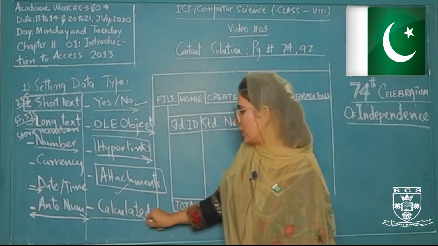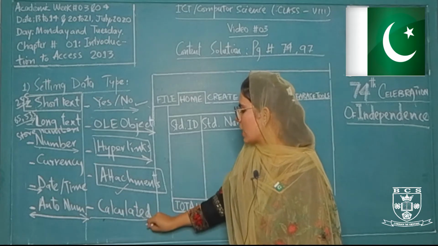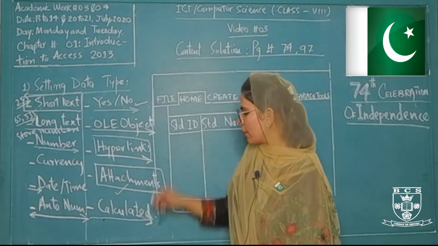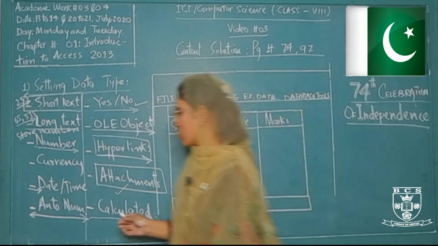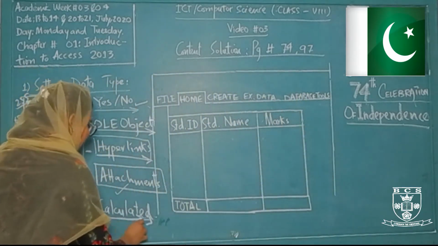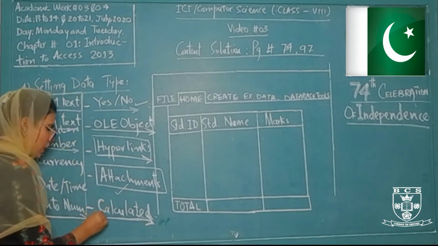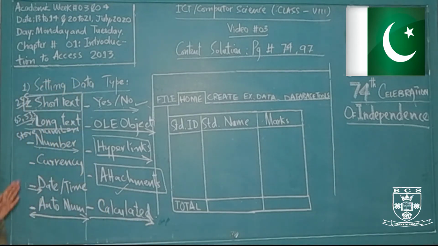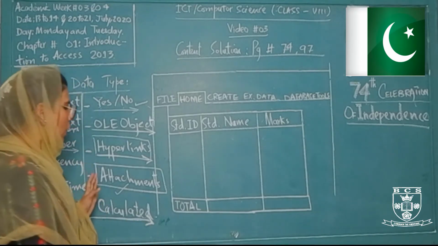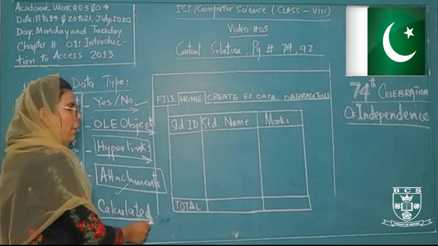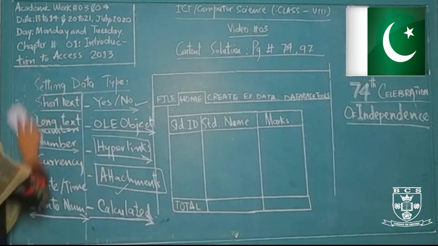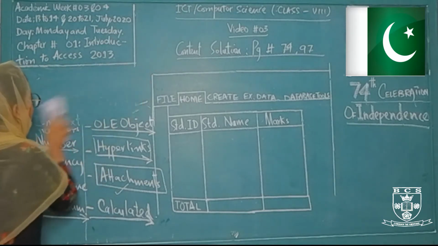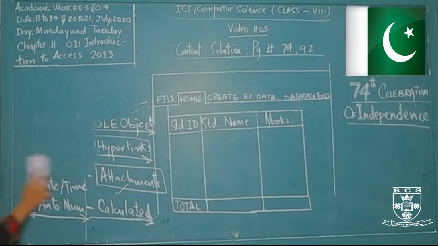After that, there is a last category or data type that is known as calculated. In calculated, we mention all the calculations or all the data type that has been calculated in the earlier fields. पहले से जिन फील्ड्स का काम किया जा चुका है उन कैलकुलेशंस को आप कैलकुलेटेड डेटा टाइप की मदद से यहाँ पर रिप्रेजेंट कर सकते हैं. So that was about setting data type. Now we are discussing our today's next topic, that is totaling.